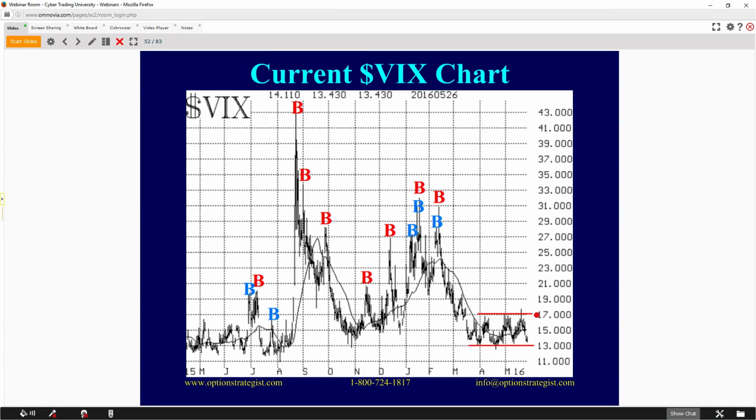Well, what's the trend now? There isn't one. We've tried to break through 17 a few times. We haven't been able to do it. We've come down towards 13 a few times. We haven't really been able to break through that. And what we have is a trading range. VIX is in a trading range. And as long as VIX is in this sideways trading range, the market can rise. It's not a problem for the market. Even if it gets down here towards 13, which it did on Friday,